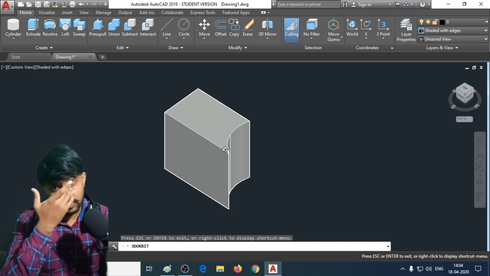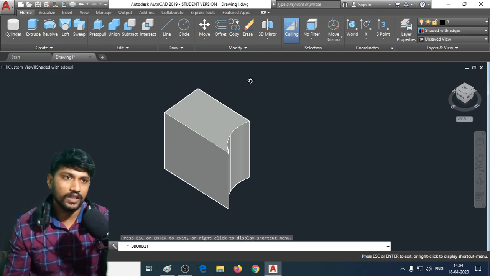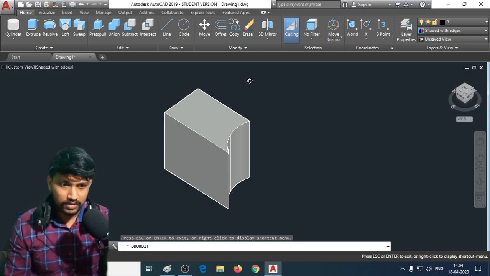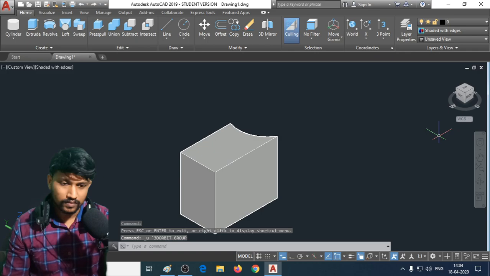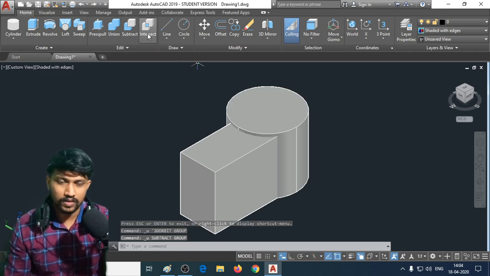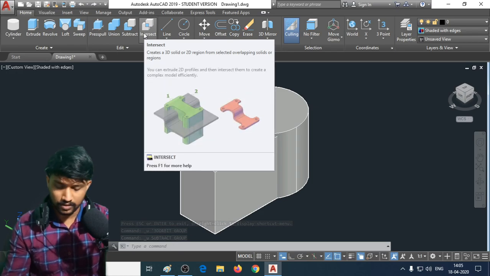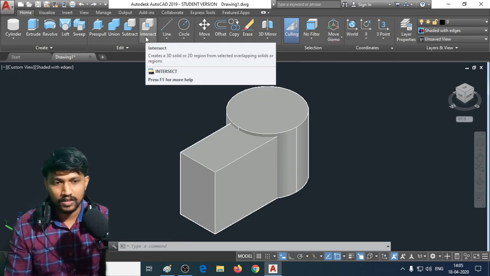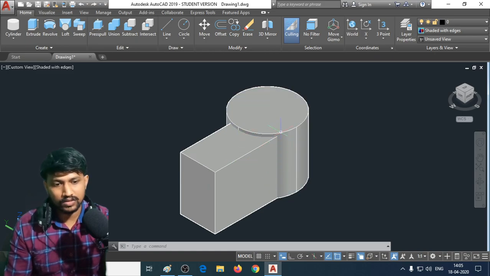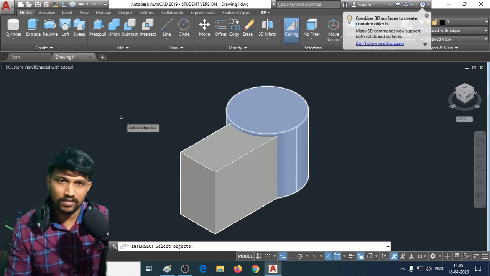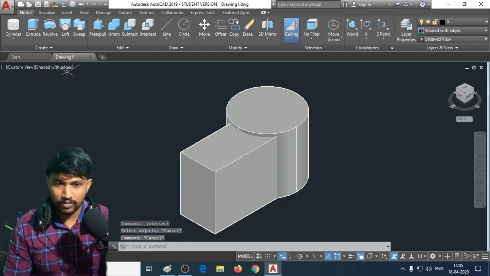This also has applications, for example in making nuts or bolts. Likewise, for some geometries which may include basic surfaces, using these basic three-dimensional objects we can use the subtract, intersect and union commands to get shapes very easily. Now let's talk about the intersect command. The name itself indicates the intersection of these two. So here, let me go to the X-ray mode.